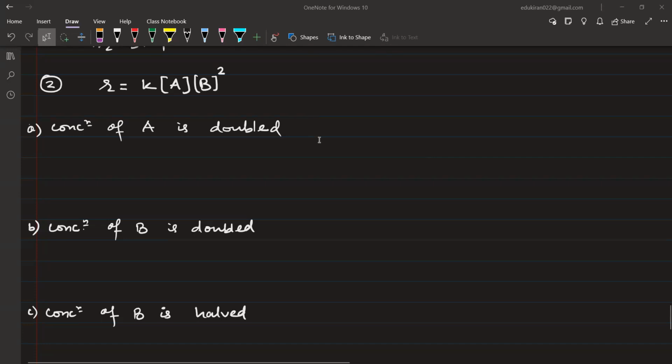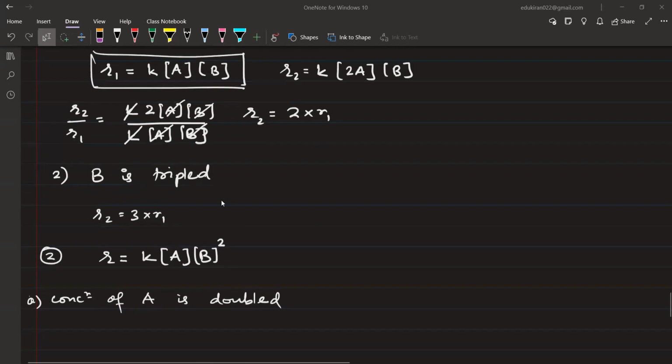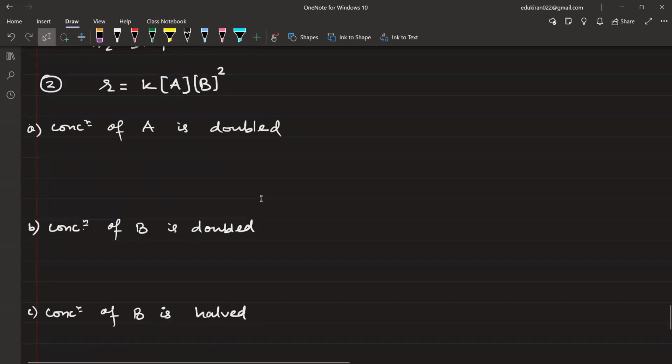I got disconnected. नहीं नहीं, तो ये तो क्या होगा ना, when B is tripled, नहीं क्या था आपने, अच्छा ये सवाल कीजिए। हम्म A डबल का बताइए, R2 is equals to 2 times of R1. सही है, B डबल कीजिए,